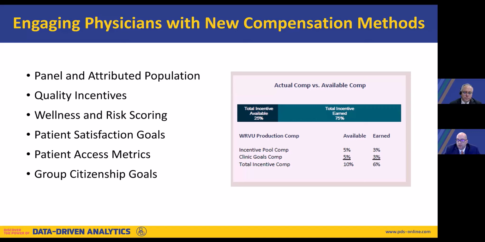Start showing them potential quality incentives or quality goals that we're going to be moving towards. Help them understand patient risk scoring and population health. Help them understand where they fall short in patient access and patient satisfaction before it starts impacting their compensation, and help them to start moving those up